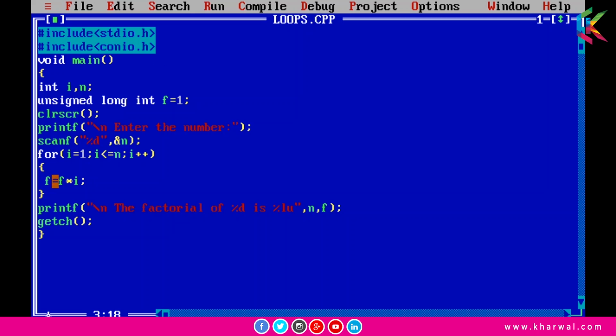Now this time f = f * i, so 24 into 5, because the value of i is 5 this time, so 24 into 5 is 120, and then i++ will be executed, so the value of i will be 6, and 6 is less than or equal to 5. Now this condition is false, and control will come out of this loop, and then we can print this